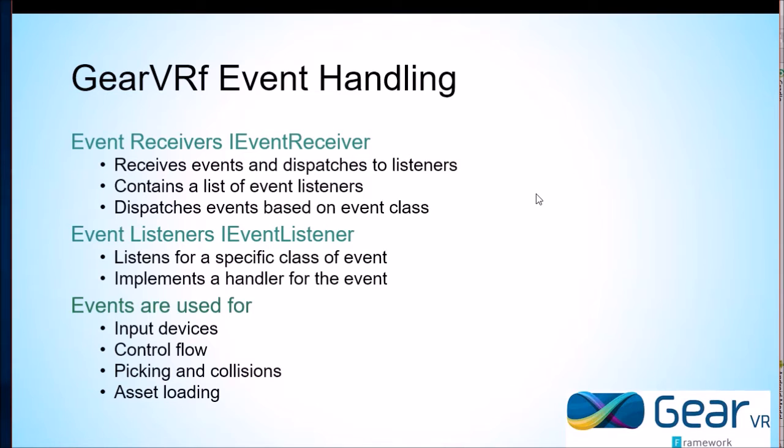Event receivers implement the IEventReceiver interface, and a receiver can contain a list of listeners, and it'll dispatch to the handlers in these listeners based on what the event class is. So all event listeners implement the IEventListener interface and listen for a specific class of event and implement a handler for that event. Events can be used for input devices like your touchpad or mouse or the game controller,